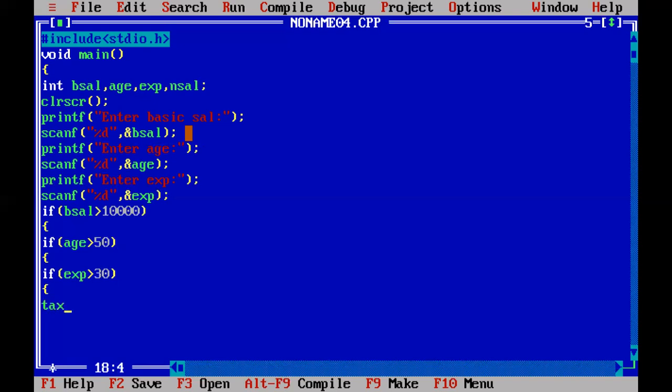His tax is, I have to declare a variable, int tax is equal to only 200 rupees tax from his salary. Okay, so that nsal, net salary, is equal to basic sal minus tax. That is a formula which I am giving, so that I can display his net sal. Net sal is equal to